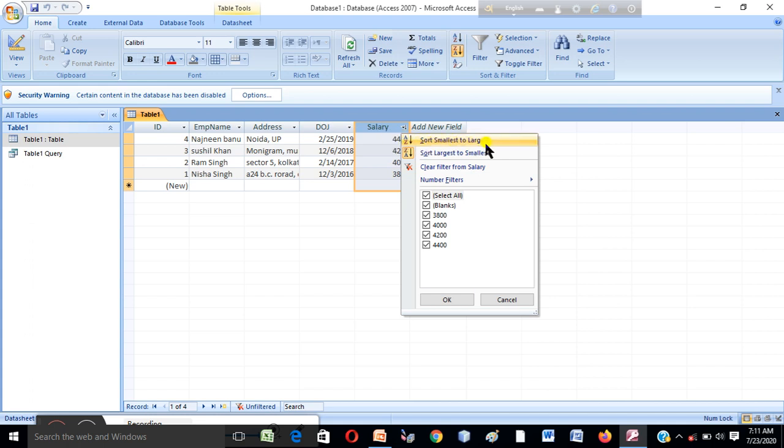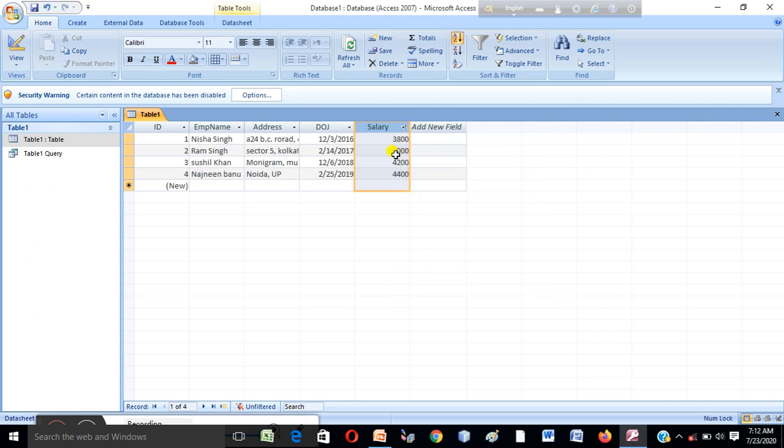First, sort smallest to largest, and second, sort largest to smallest. If you select the first one and click, look, the data has been changed.